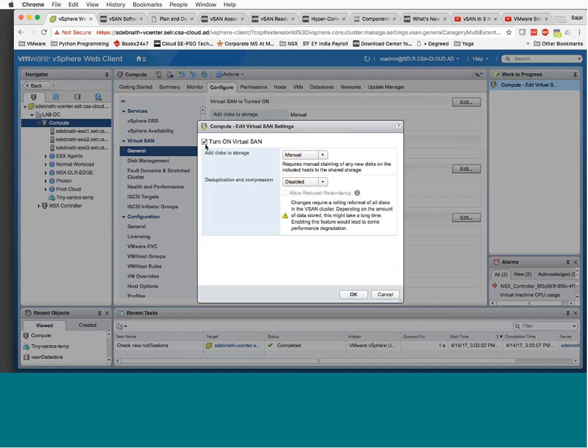Here the option is turn on or turn off, and add disks to storage, automatic or manual. Manual is where you have to actually add the host and then manually claim the disks. In automatic mode, it automatically senses and adds the disks in this environment, and that means if you add another host in the cluster, it automatically gets the host and adds the disks from that host in the cluster as well. And then here, since I have all flash, I can enable my deduplication and compression, and then allow reduced redundancy. That means